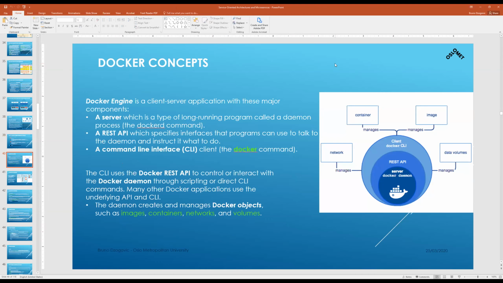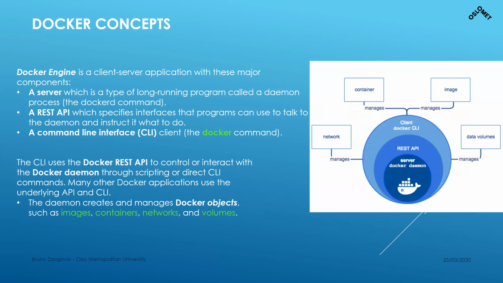I'll try to go through the concepts of Docker quickly, because there's also a lot of things to cover here. I can't cover everything from the documentation, but the most important parts. The Docker engine has a server, and this is a program. It's a daemon process, more or less. You can restart this Docker daemon. On top of the Docker daemon, you have a RESTful API. The REST API specifies interfaces that you can use to talk to the daemon, and these are used through the command line. Docker has its own command line interface and syntax.